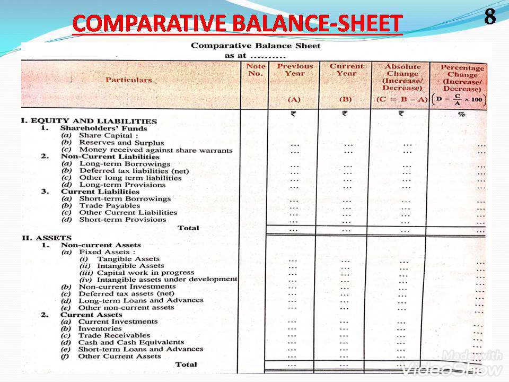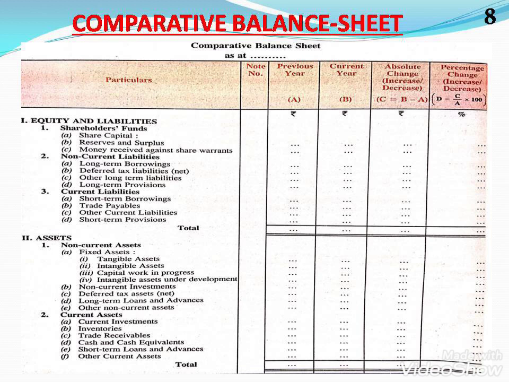For example, in the section equity and liabilities, the first major head is shareholders fund. Under shareholders fund, the first subhead is share capital. Now suppose share capital in the previous year, let it be in the year 2019, is rupee 1 lakh, and in the current year, that is in the year 2020, it is rupees 2 lakh. Now we have to find a difference between the two, that is the change in absolute figure. So rupee 1 lakh to rupee 2 lakh, it is rupee 1 lakh. That means change is rupees 1 lakh.